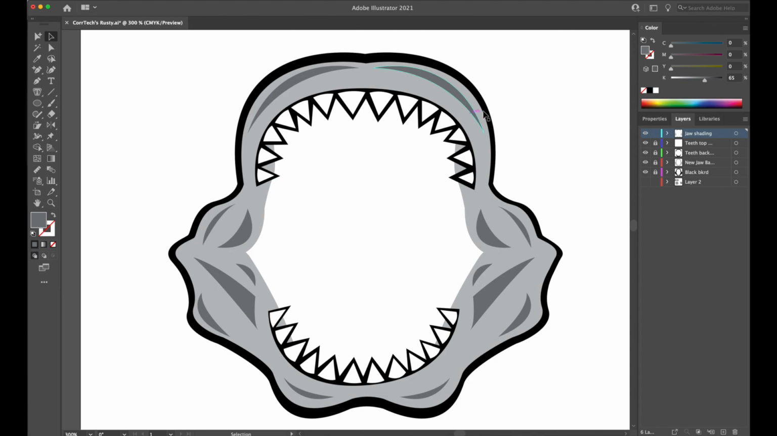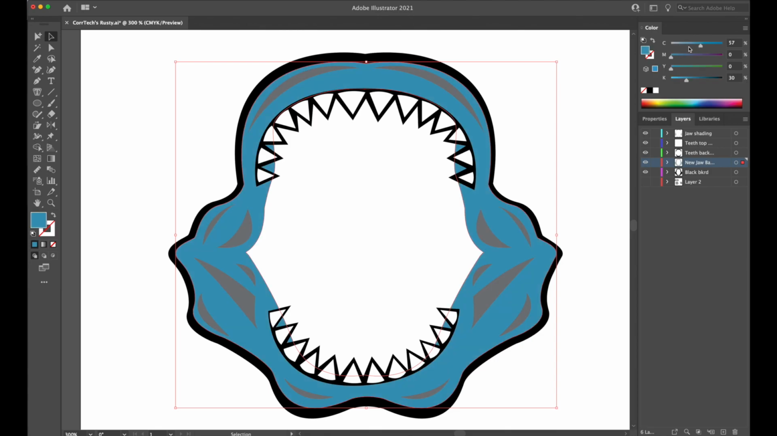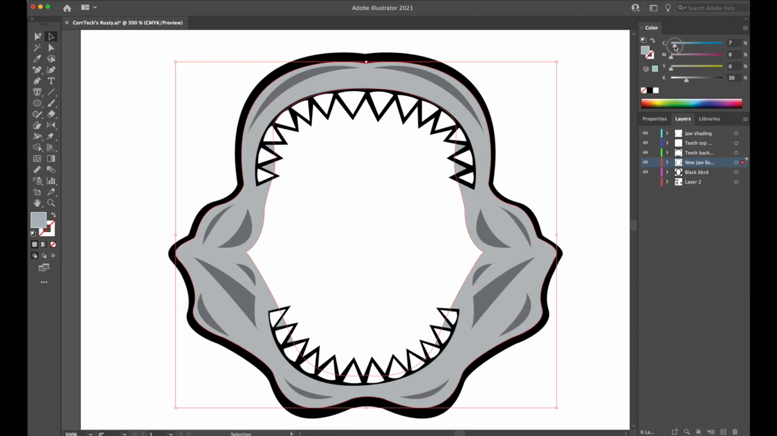So let me unlock all these now too. So let me grab this one here. In fact, yeah, that sort of disappeared. So let me go to this new jaw background, and I'm going to add a little more blue. See what happens if you add too much blue. We don't want too much blue in there. So we'll add a little bit, like maybe 7% cyan, maybe 5%, we'll go a little less, 3% magenta, and